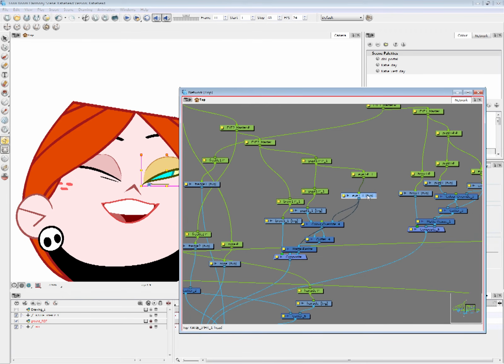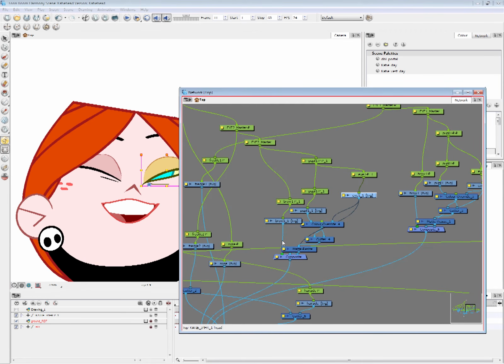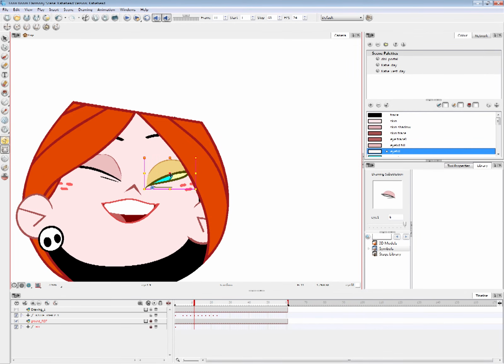Alright, this is something I should explain. So this blue rectangle is the drawing layer, and it will hold all the information regarding your drawings, and all the information of what different parts it has and so on. If the build is set up right, it shouldn't remember all the animation information you have put into it. If it's set up wrong, it will, but maybe we'll get to that later.